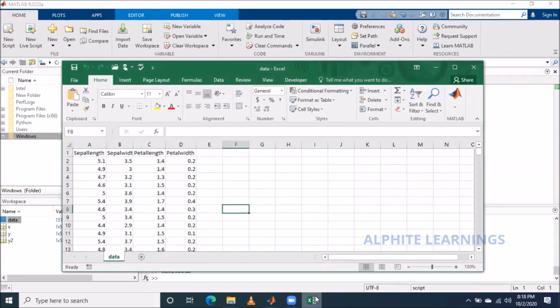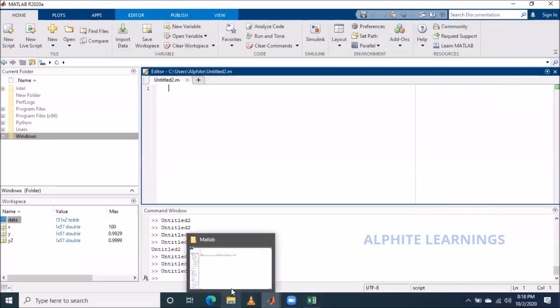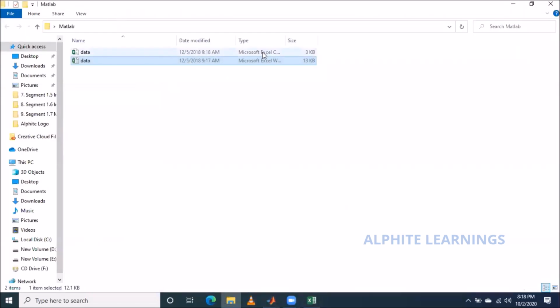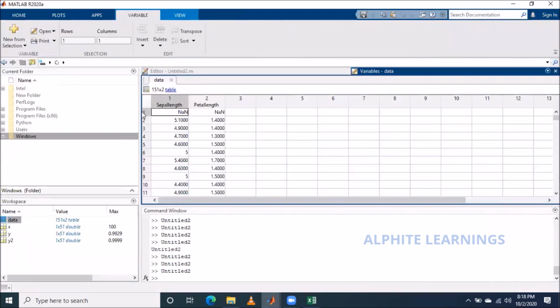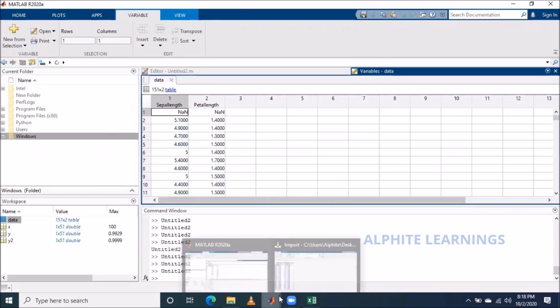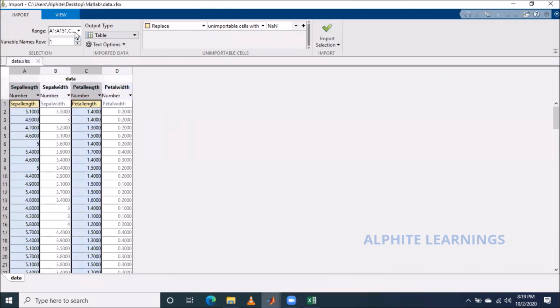The next thing, as we just saw, is a CSV file, a comma separated file. What is this NaN you are asking about? I just demonstrated it. The first row is a label, so we are saying not to take it as data.